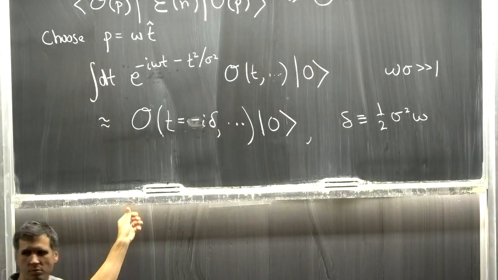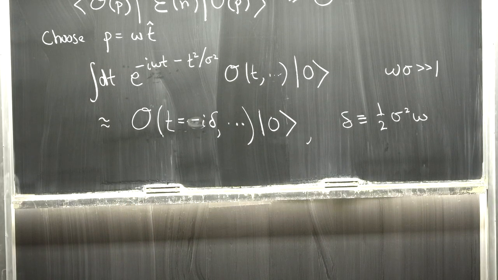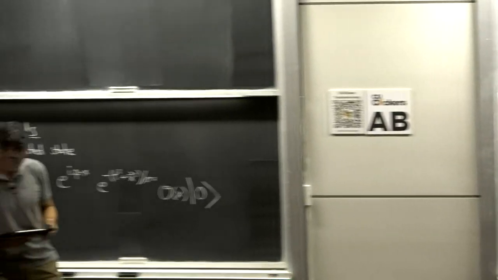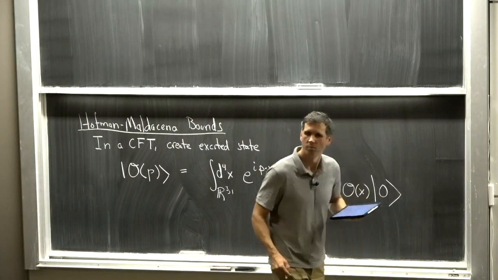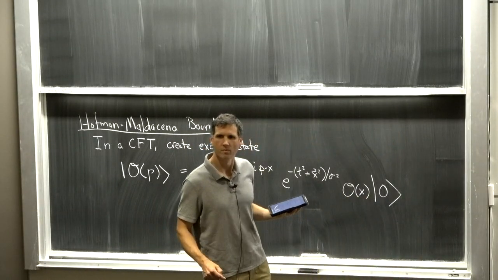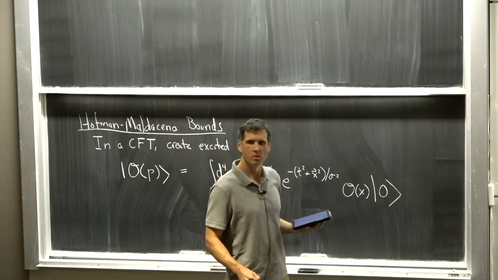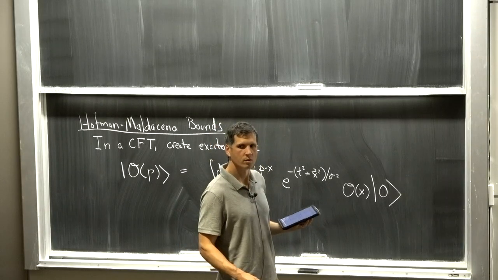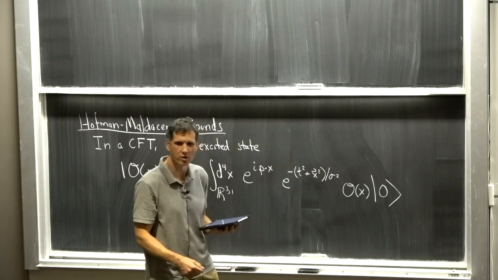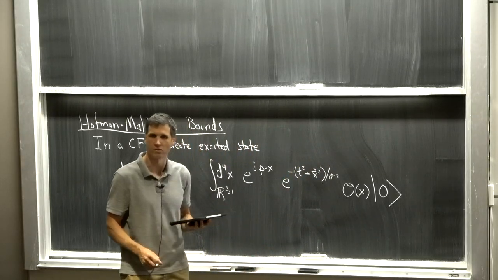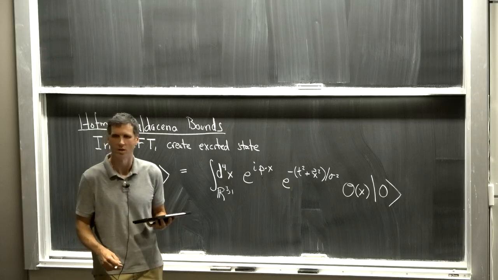Other questions? Can we just throw the saddle point itself away because you normalize things anyway? Sorry? The saddle point itself, e to the plus sigma squared omega something. There are some normalization factors here which we don't have to worry about because we're just going to impose positivity. The positive normalization factors, yeah.